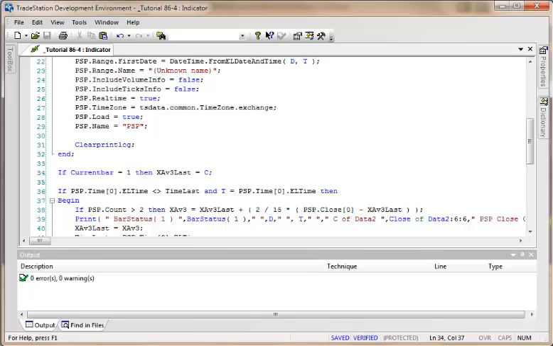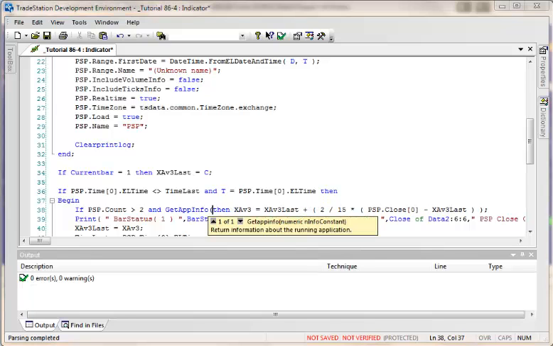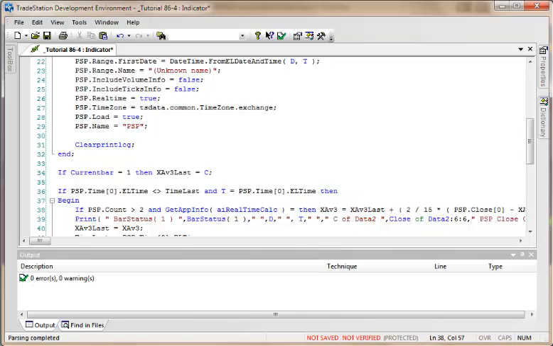So we're going to make a few more changes to the program. What I found was that sometimes there's a little bit of an issue of syncing the price series provider with the actual lower time frame bars. So I've devised a different way of doing it, and that is to say we're only going to do this calculation if it's not a real-time calculation. We can do that by saying if, making sure that count is true, and we're going to go get app info, and again we need to look for AI real time calc. If that is equal to 0, in other words, this is a historical calculation,